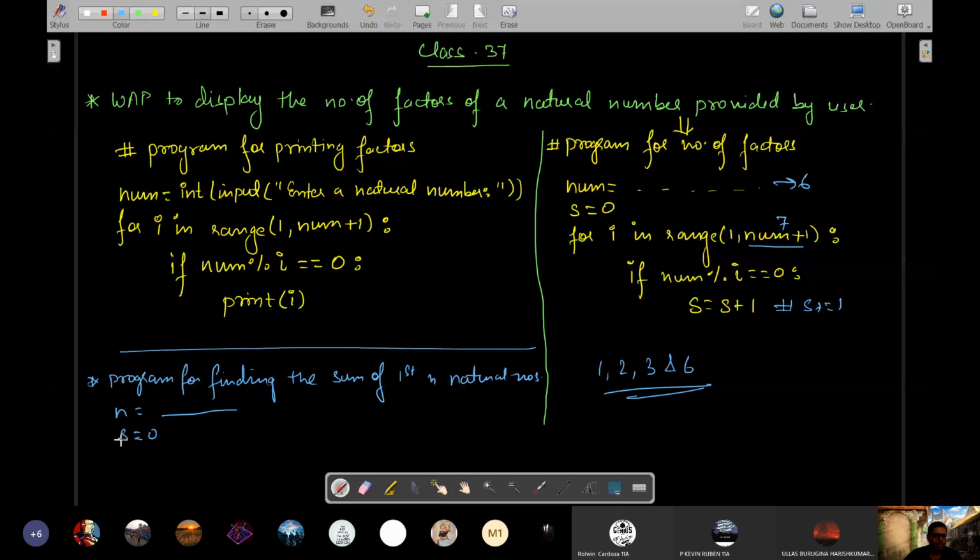You will assign it as 0. You will write for I in range 1 to n plus 1. Then every time you get a new value of I, 1, 2, 3, you will add it to whatever was the previous result of S. In factorial, what did we do? Here you can write S or F, anything. We gave it 1 and then the multiplication sign.